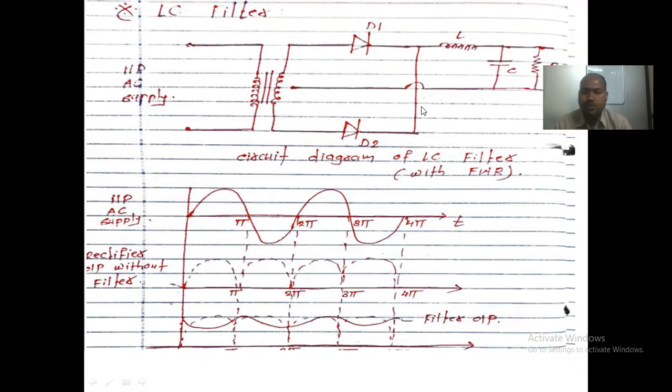Okay, now see, the above figure shows the diagram of this LC type of filter. Now in this diagram we have applied the 230 volt AC power supply across here. This is the transformer, which is a center tap type of transformer. Accordingly, it generates the voltage, which should be considered here as 12 volt or 24 volt according to our